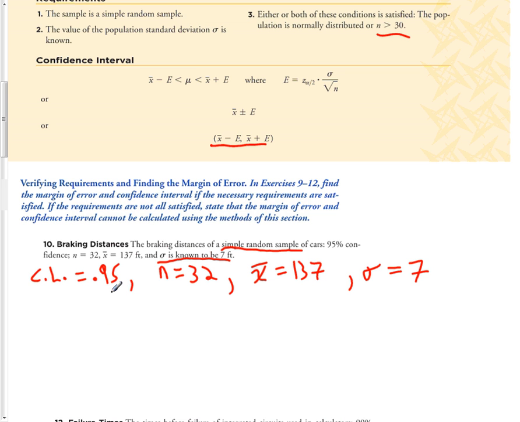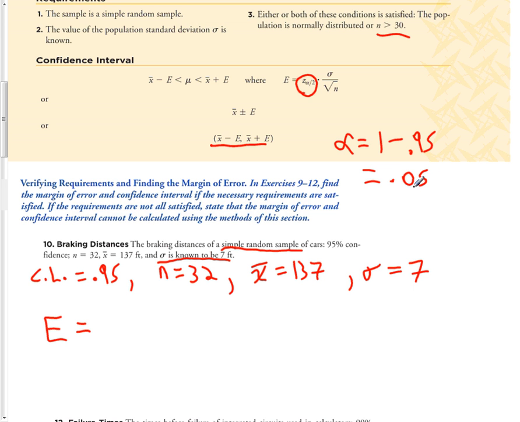So now we can actually go ahead and calculate the margin of error. So let's go ahead and do that. Now the margin of error. To calculate the margin of error, there are things that I have to know. I have to first know the critical z value. I know sigma and I know n, so the only thing I really have to calculate here is the critical z value. To calculate the critical z value, I have to know alpha, and alpha is 1 minus my confidence level. So let's find alpha, which is equal to 1 minus the confidence level, and the confidence level here is 0.95, so that alpha is